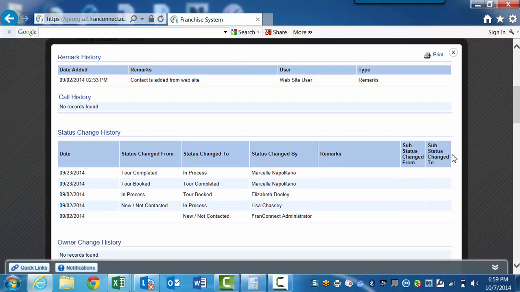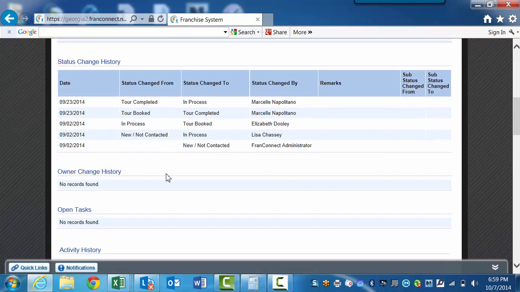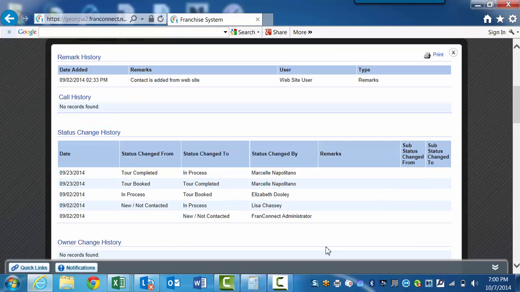When you select the Detailed History, you can see everything that's happened with this contact. They entered the system on 9/2 as new. Lisa Chassis on 9/2 changed them to in process. They were booked as a tour by Elizabeth on 9/2. On 9/23, their tour was completed by Marcel. And for some reason, also on 9/23, they were entered back as in process. Therefore,